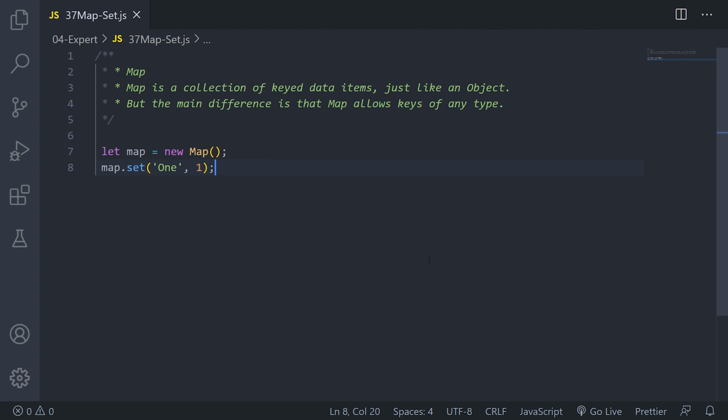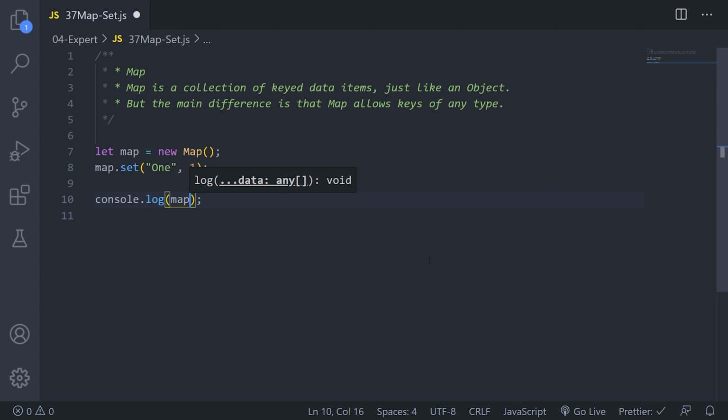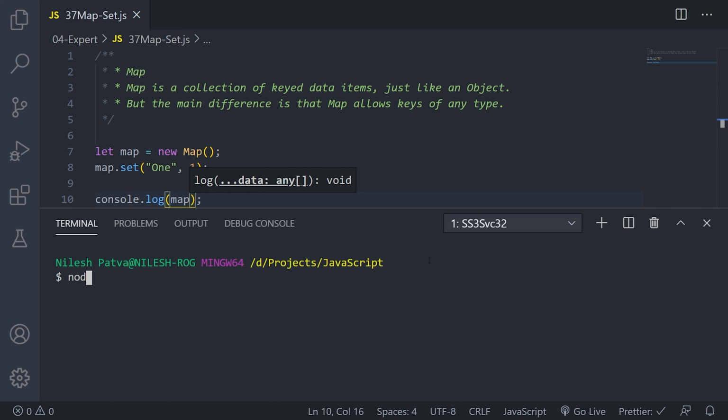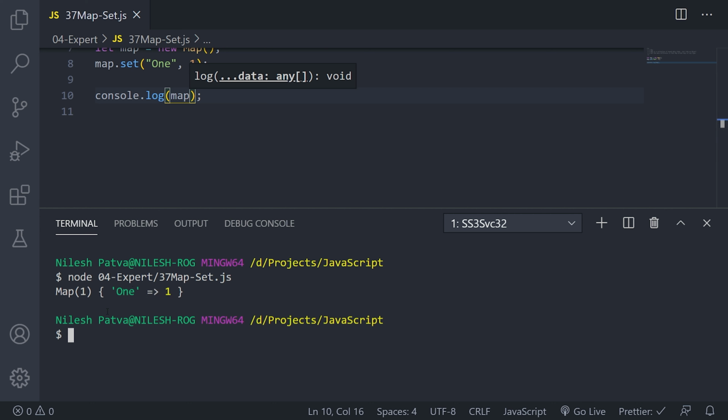If I run this console.log and print this map, let us see how it displays. Just open the terminal, type node 04 expert level and then 37. You can see Map, and it shows the size of the map and what values are available: 1 equals 1. That is how it stores the values. It is similar to an object, but you can store any sort of type here as a key.